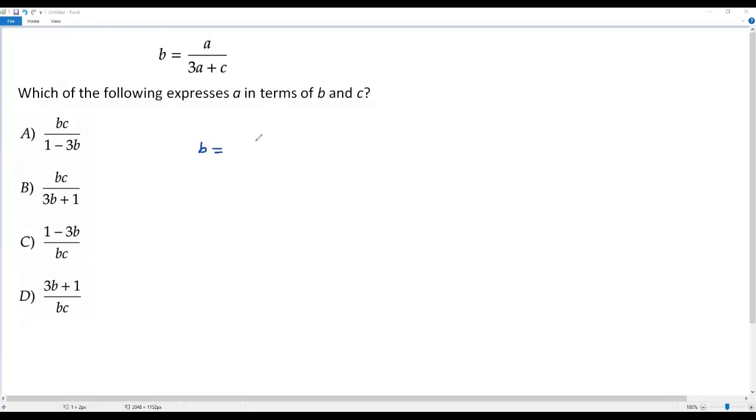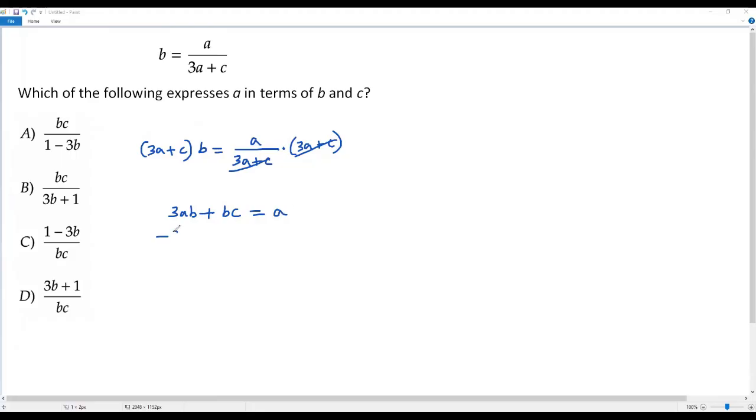That is B equals A over 3A plus C. Let me multiply both sides of the equation by this denominator, that is 3A plus C. Let me do it on the left side, that is times 3A plus C. Here 3A plus C and 3A plus C will cancel out. Now we can distribute this B to this 3A and C, then I am getting 3AB plus BC equals